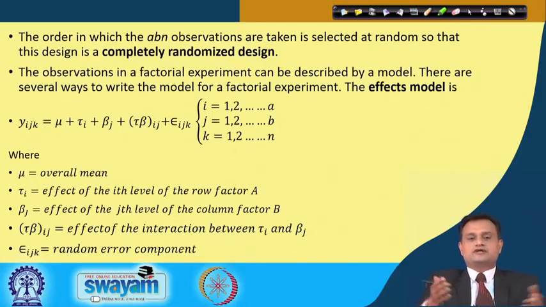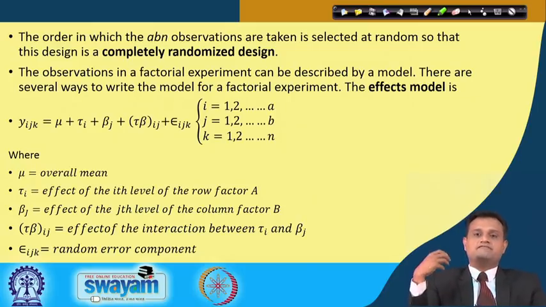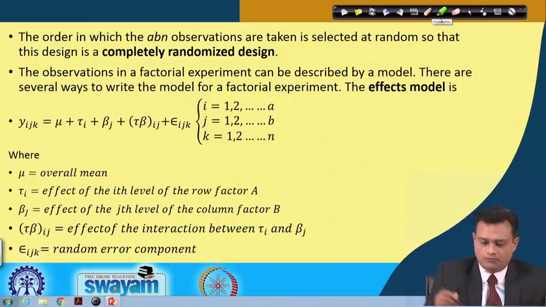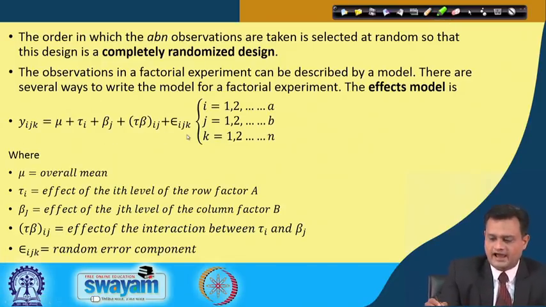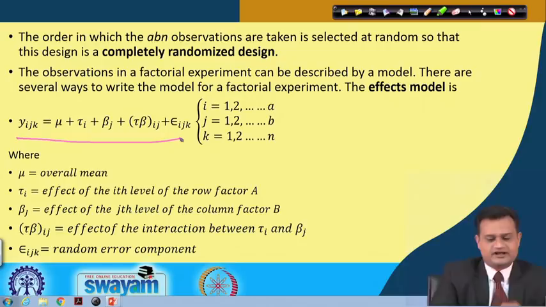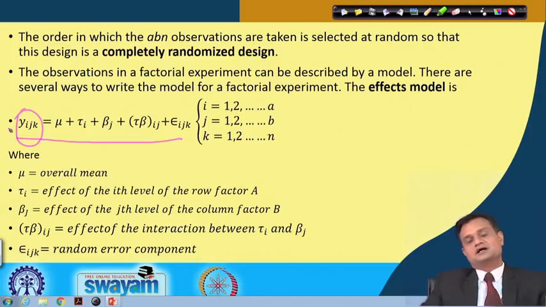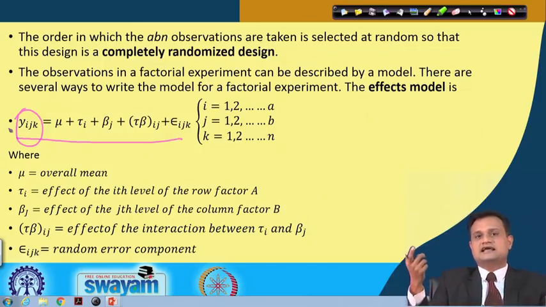But before that, let me try to understand my model. What is my factorial design model? My model looks like this: Yijk, this is the effect model. I am trying to analyze the effect. Yijk is the response. So i pertains to one factor and j pertains to another factor. You have temperature as well as material type, and k refers to a particular replicate within a cell, because within a cell you are taking a number of replicates in order to improve the accuracy of your experimentation.